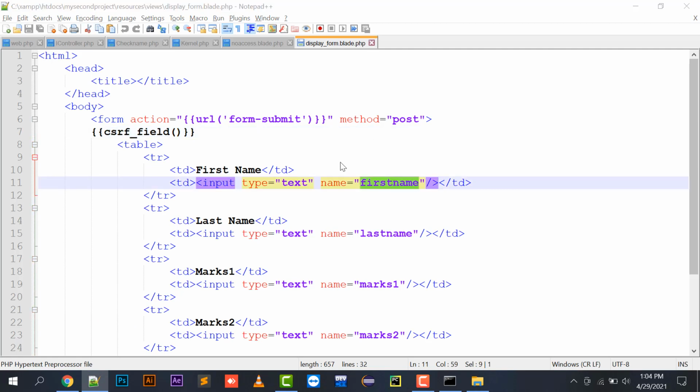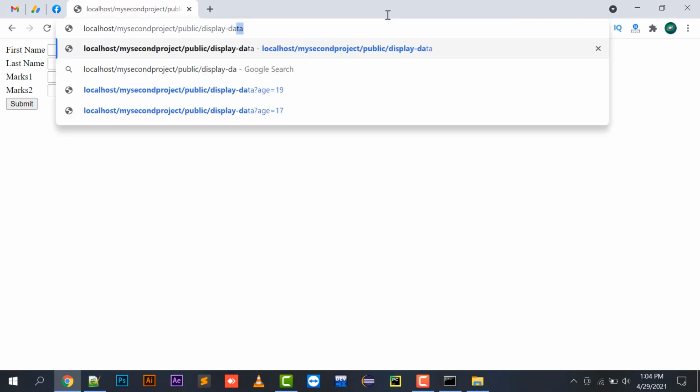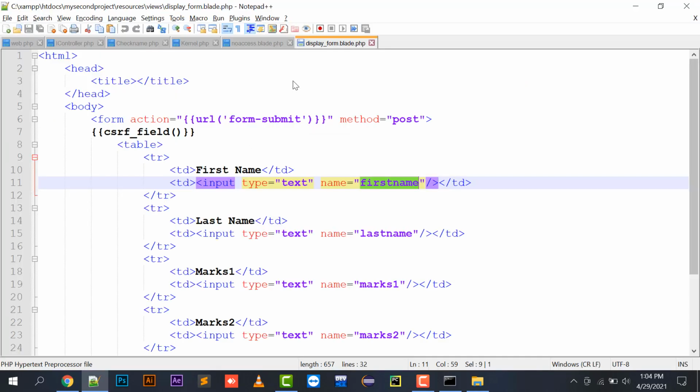If I enter Harry as the first name, H as the last name, and the marks as 100 and 200, and submit this, the value has been saved. If I display the data, my value with first name Harry, last name H, has been inserted into the database.